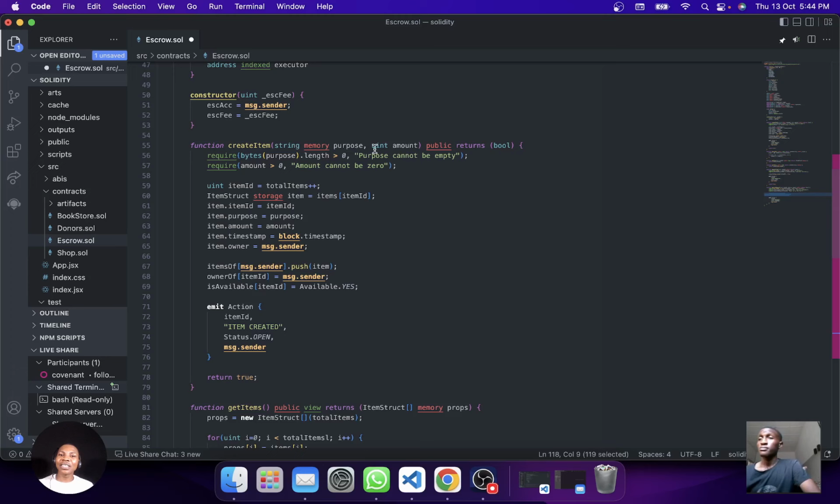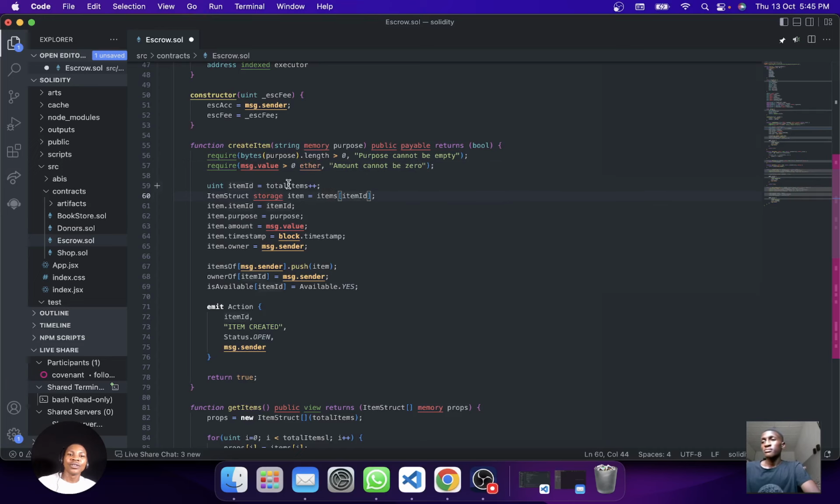Okay, and now the little modification I want to make here is that this amount is going to be coming in a different way. I'm still going to supply the amount, but how is it going to be different? I'm going to remove this. I'm going to make this a payable. Okay, and I'm going to make sure that we change this now. It's no longer going to be amount, but instead it's going to be msg.value. Okay, so I want to say here msg.value is going to be greater than